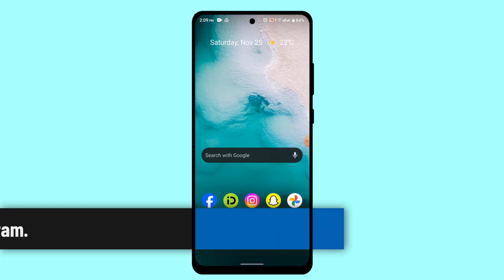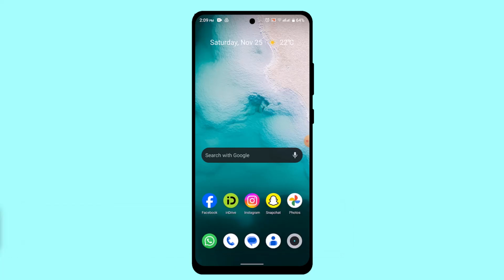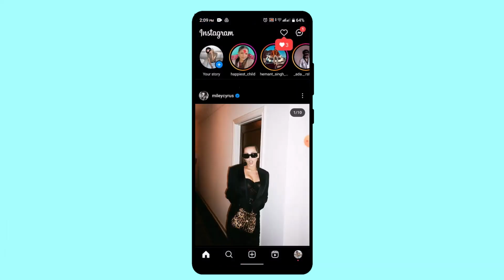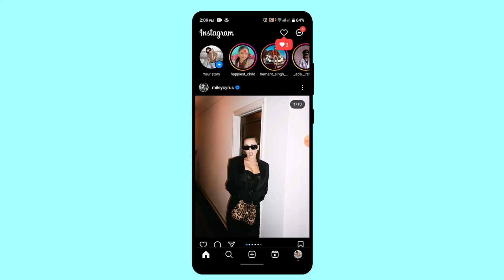In today's video I'll be showing you the ways to add a picture to a post on Instagram. So to add a picture as a post, first thing first, open up or log into your account. Also make sure that your device is connected to an internet service. Now in order to post a picture,